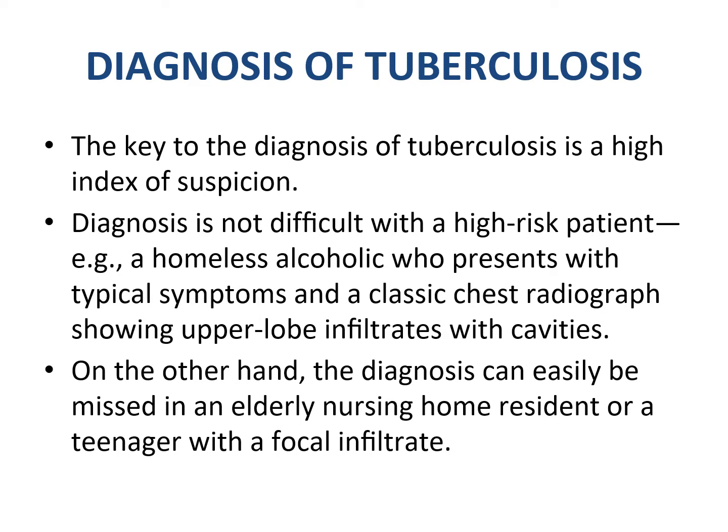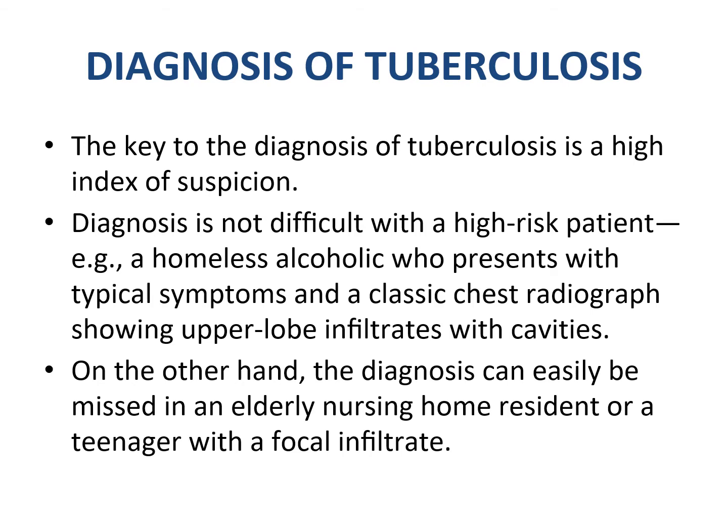The key to the diagnosis of TB is a high index of suspicion. Diagnosis is not difficult with high-risk patients, for example, a homeless alcoholic who presents with typical symptoms and a classic chest radiograph showing upper lobe infiltrates with cavities. On the other hand, the diagnosis can easily be missed in an elderly nursing home resident or a teenager